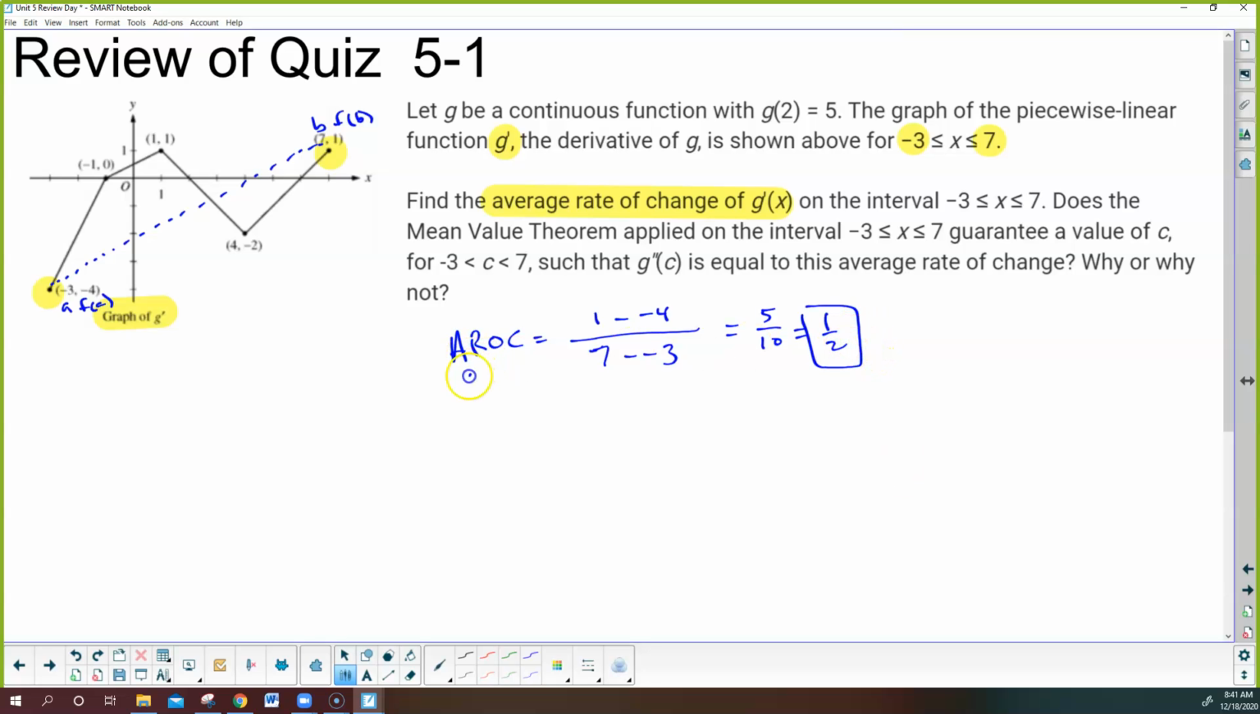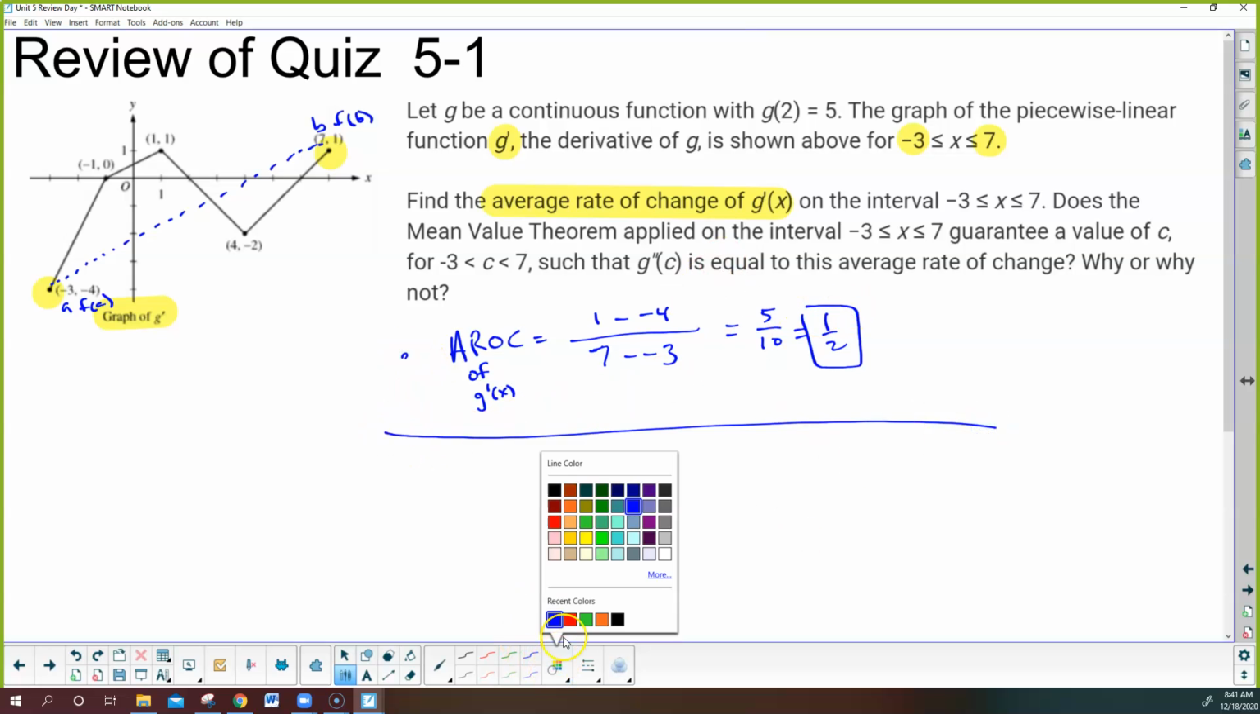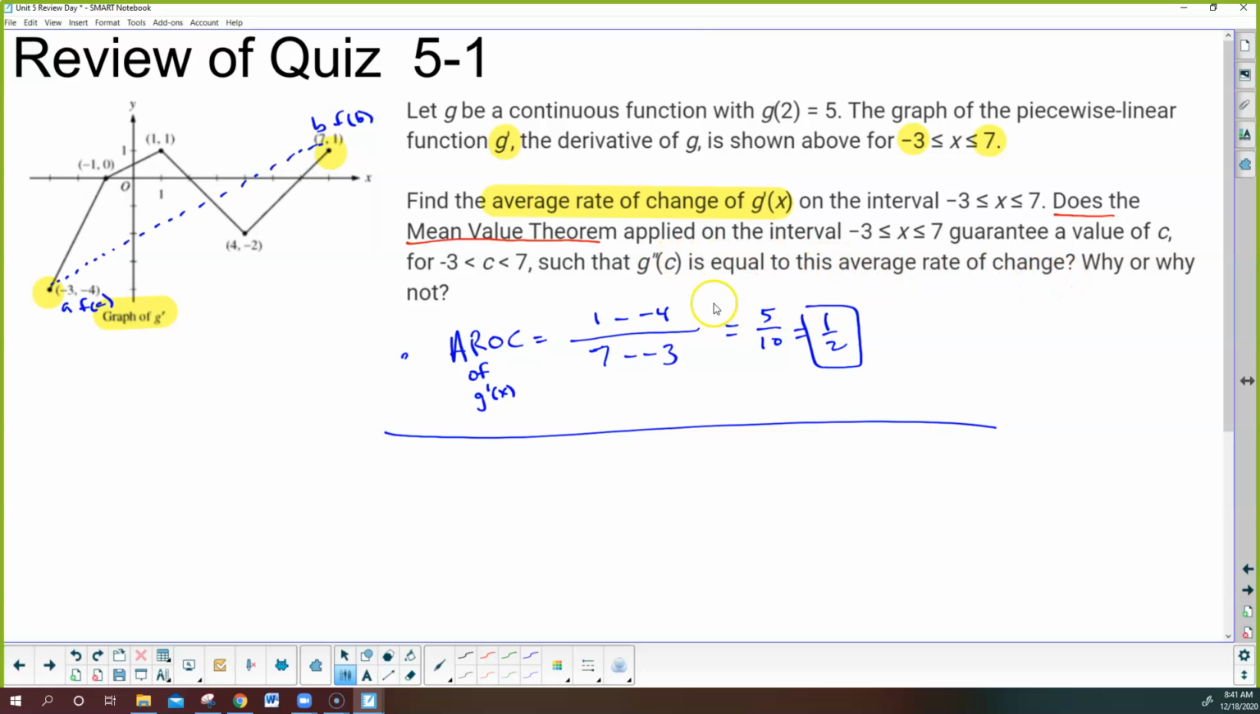Right? And maybe we should be careful, the average rate of g of x, right? That's officially what we found. Now that's the first part. The second part of this question says, does the mean value theorem applied on the interval guarantee a c value such that the derivative is equal to the average rate of change? So is there a value that's equal to this 1/2? Well,